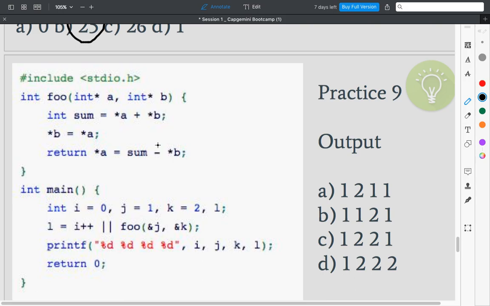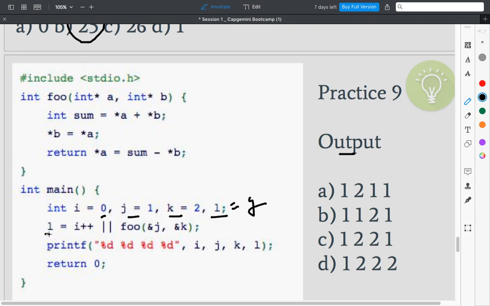So I recommend you study the basics of pointers, double pointers, what is ampersand, what is value, what does the square bracket represent, and what the operators XOR and OR do. In this question we have to figure out the output. So i is initialized to 0, j to 1, k to 2, and l is not initialized, which means it has a garbage value. I hope you understand the point.